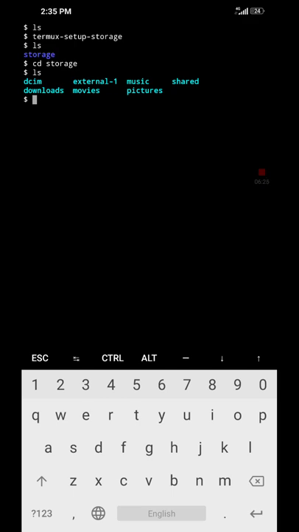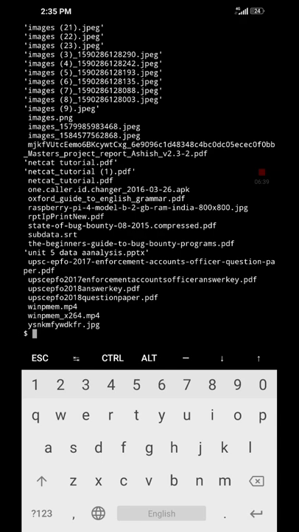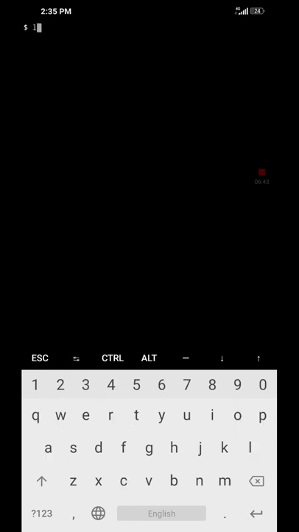Suppose we want to open downloads, just type cd space downloads, enter. Now we are in downloads. When we press ls, we can see all the files present in my downloads directory. So now let's again clear the screen. We can also use a help command with ls. Just type ls space help. It will show you,